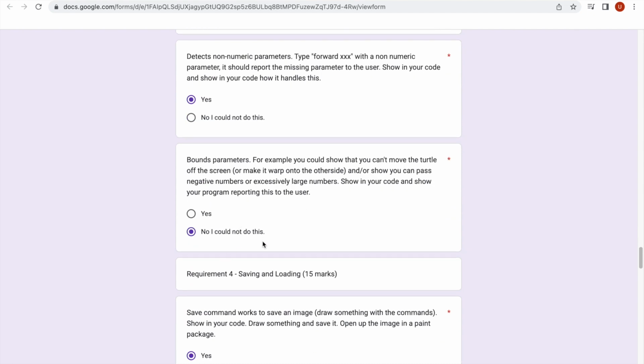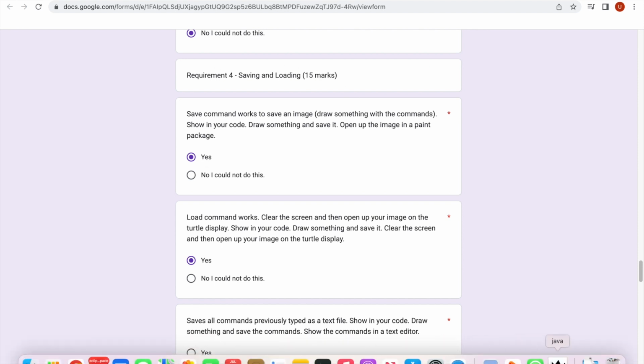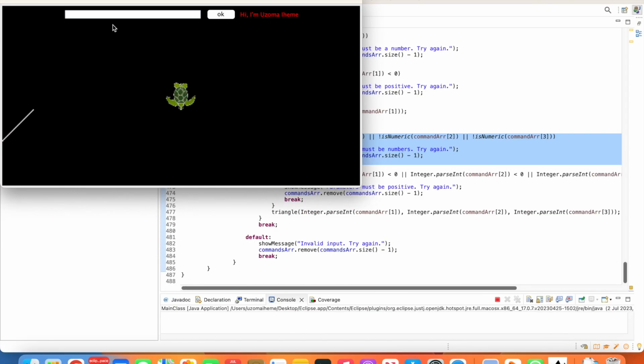So bounce parameters, I can do this. Save command works to save an image. Draw something, save it, open the image in a paint package. So let's draw something. Let's say we draw a triangle